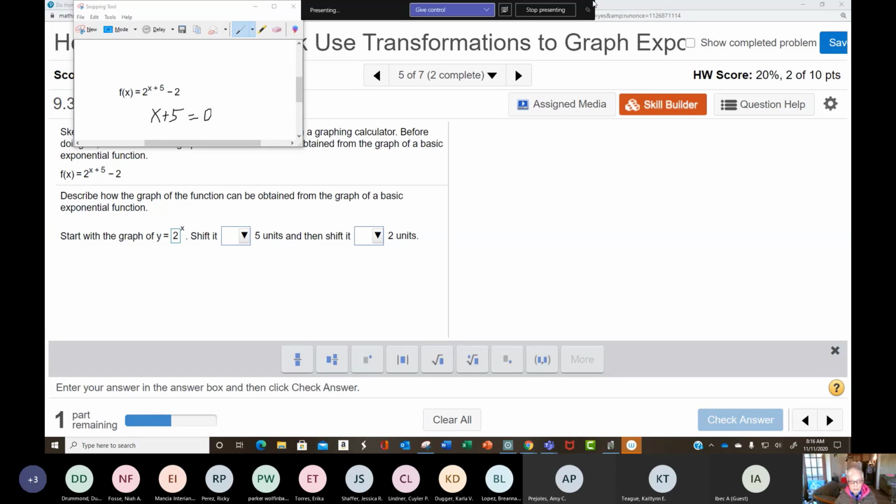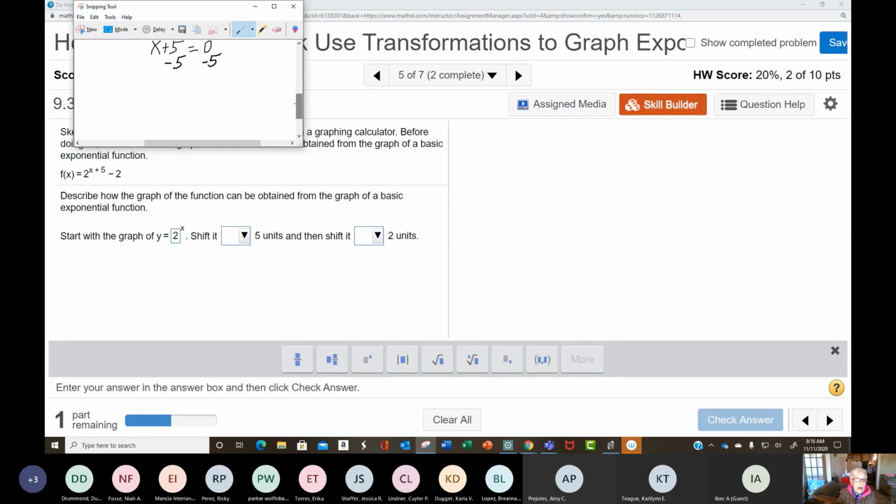Let's see if I can write with my stylus. If I subtract 5 from both sides, I will have,